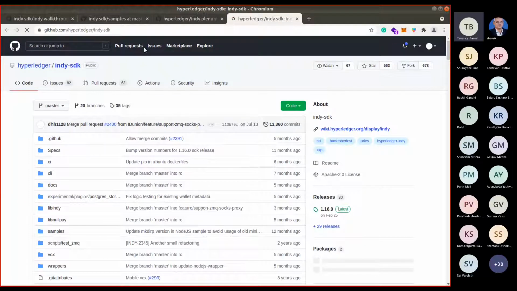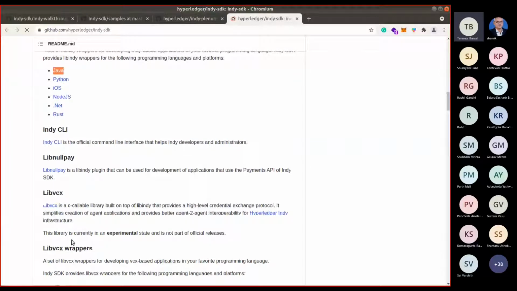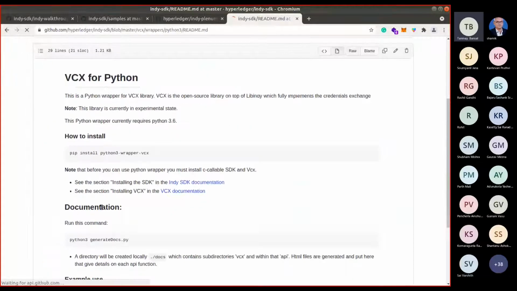The main component is called libINDI, but it has many wrappers over it in different languages. To access the node, we will be using the Python wrapper specifically, but if you want, you can use any other language.